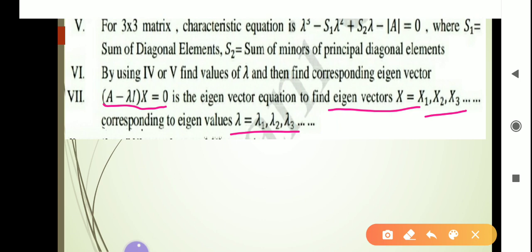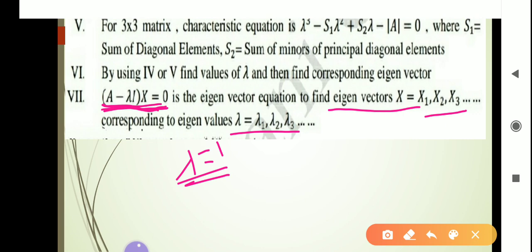So how do we find these eigenvectors? Suppose our first eigenvalue is lambda 1 equal to 1, the second eigenvalue is lambda 2 equal to 2, and the third eigenvalue is lambda 3 equal to 3. Means 1, 2, 3 are our eigenvalues, and we have to find the eigenvector of each eigenvalue. So how do we find it? We have to put those eigenvalues one by one in the characteristic matrix. For example, my first eigenvalue is lambda equal to 1. We have to put lambda equal to 1 in A minus lambda I into X equal to 0, and